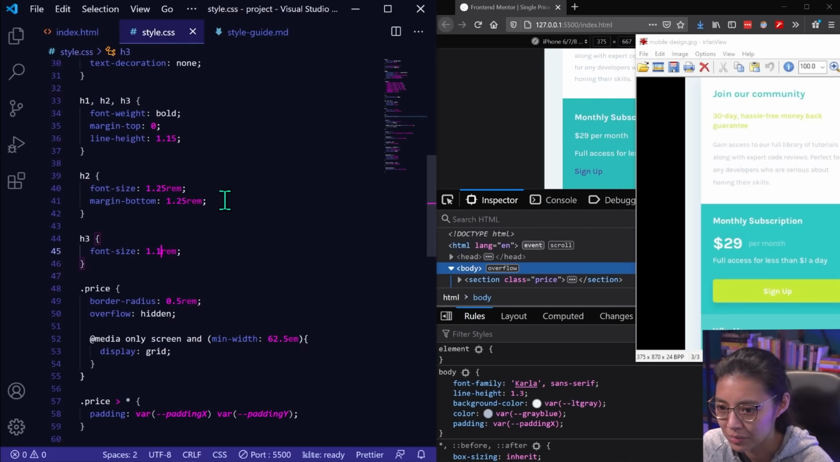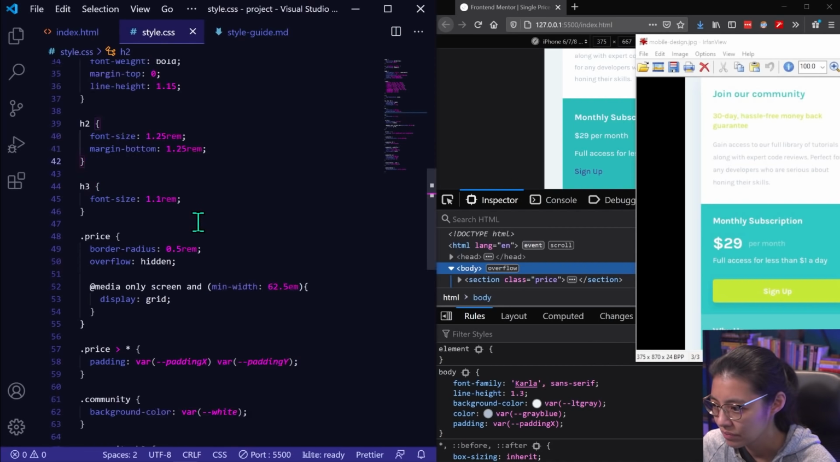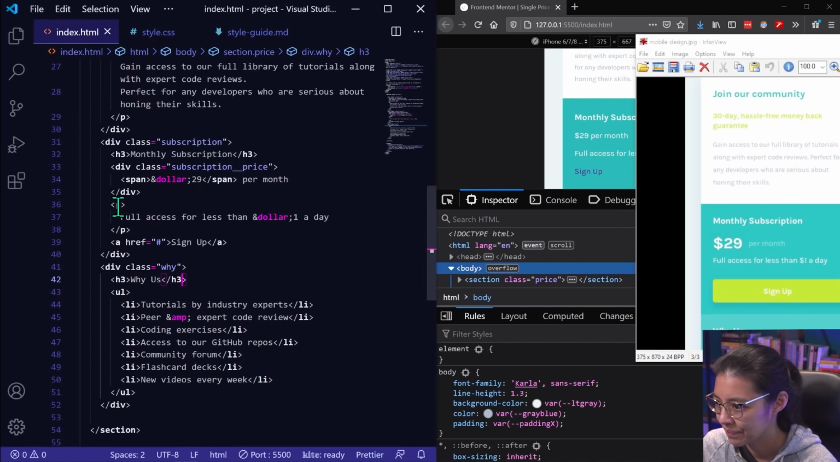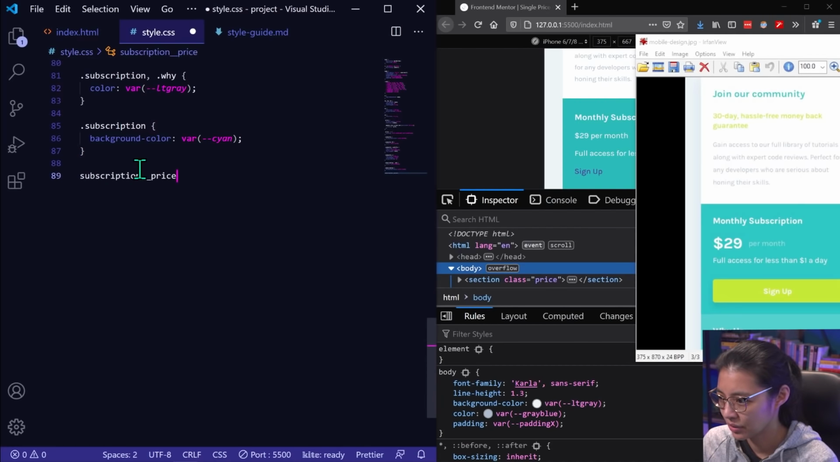Okay, 1.1 seems good. And honestly, this 29 thing almost seems white. We'll just see how it looks with that light gray color. Okay, so we got subscription, background color is the cyan. Now let's do the $29 per month. So what we did here was we did subscription price, and then the span is bigger. So we'll take this selector, add a new rule,